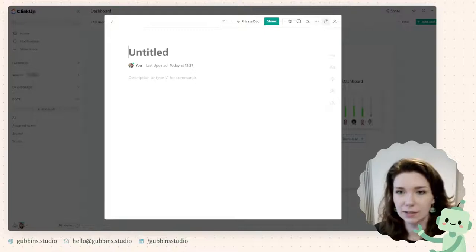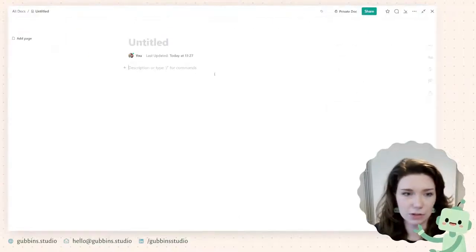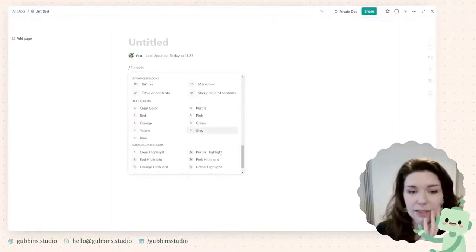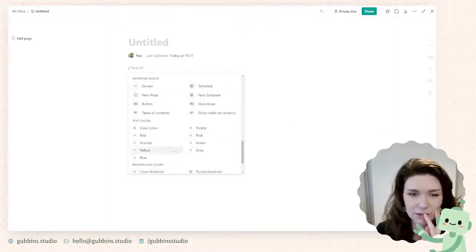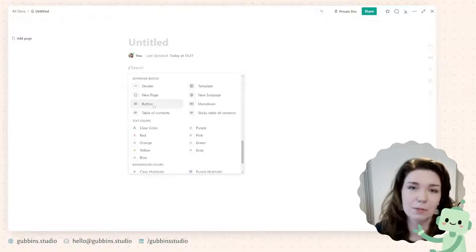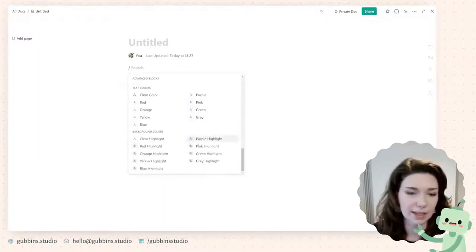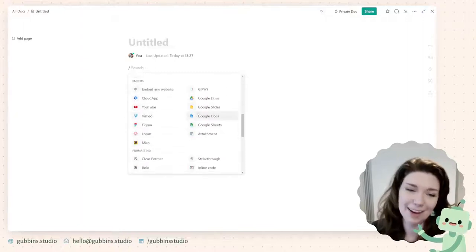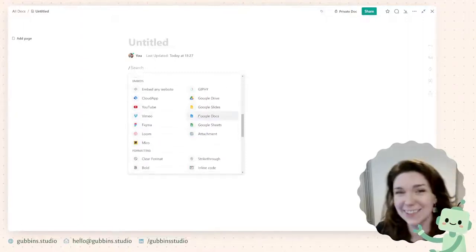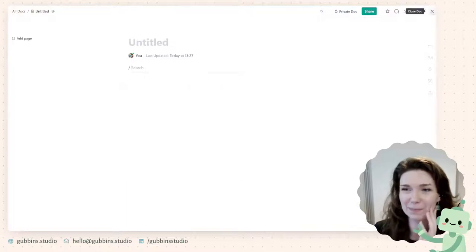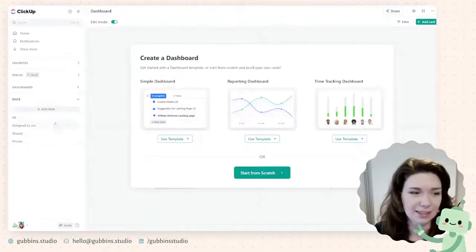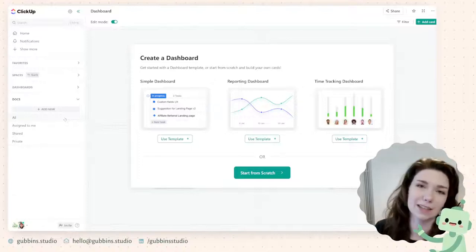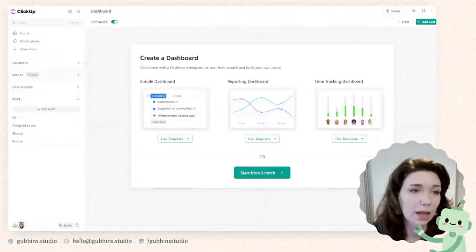Just things like that. The docs as well are quite rich, so you can embed all sorts of different bits and bobs in here. You can have them be interactive, so you can have buttons that link out to websites, things like that. You can also embed videos, and if you had written it on Google Docs, you could link out to Google Docs. But yeah, it gives you the power to bring everything that you're working on in other places into ClickUp, which is quite cool.